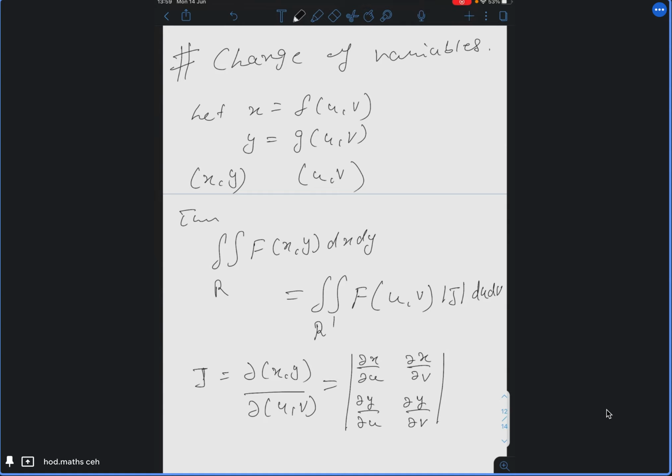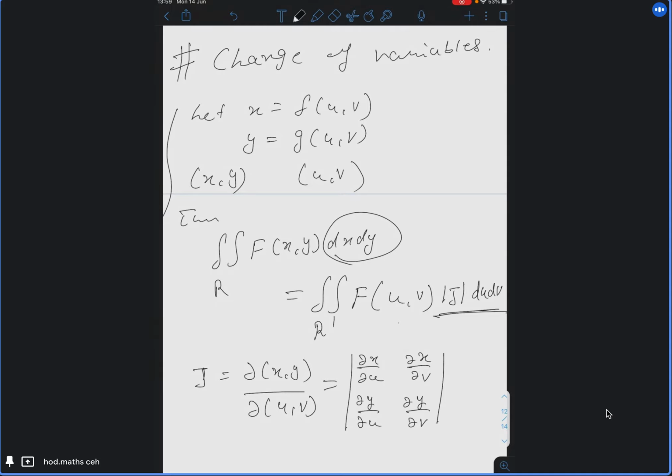For that transformation, it can be any transformation. X can be u plus v, y can be uv, something like that. So this is in general what we have written. It can be any coordinate system, from Cartesian to any other, some transformation we are applying, then we are integrating it. But while applying the transformation, x is replaced with a function in terms of u, v, and y is replaced with a function in terms of u, v. So dx dy also need to be replaced. Dx dy will be equal to the mod of the Jacobian, du dv.